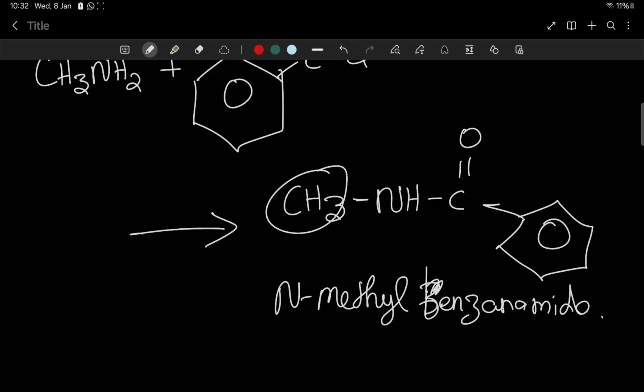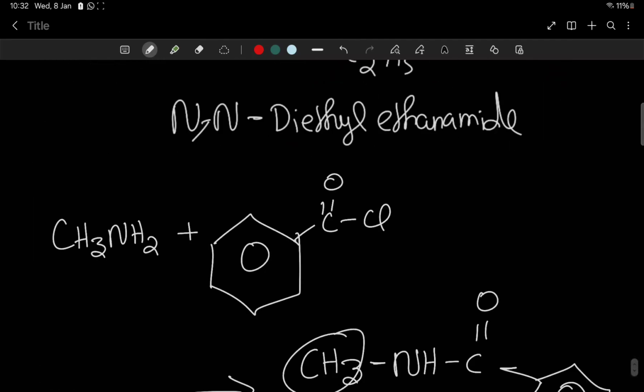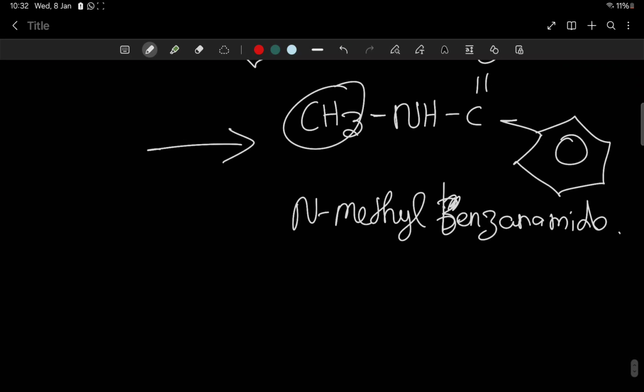Now the acylation reaction comes to an end. So like this, you can try different combinations. You will get different products accordingly. Okay. Yes. The next reaction is